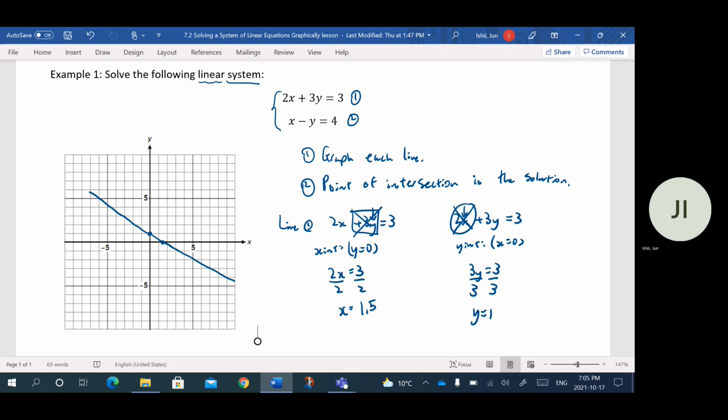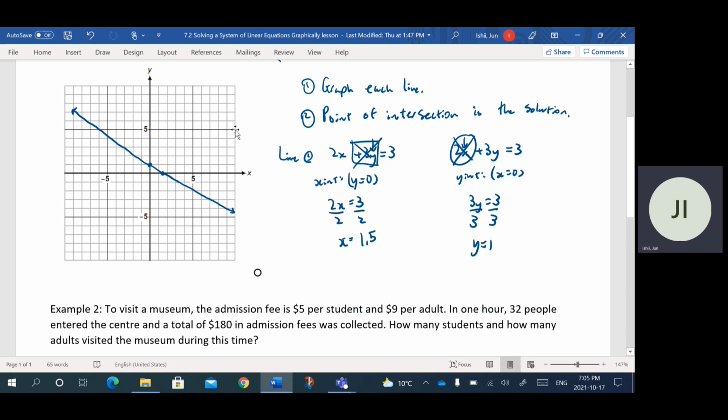All right, so I'm hoping that line looks fairly straight. It's actually better to use a ruler or something with a straight edge. All right, so that's the first line. If I want to graph the second line,